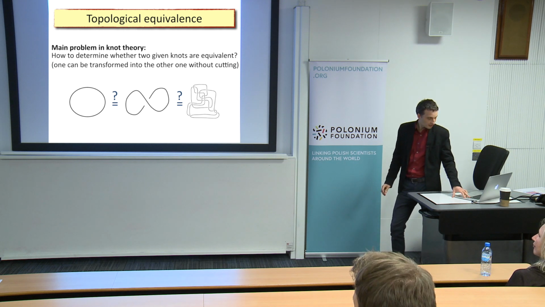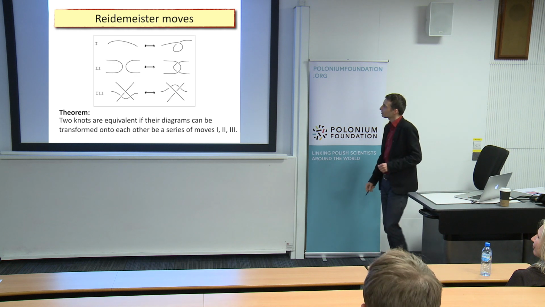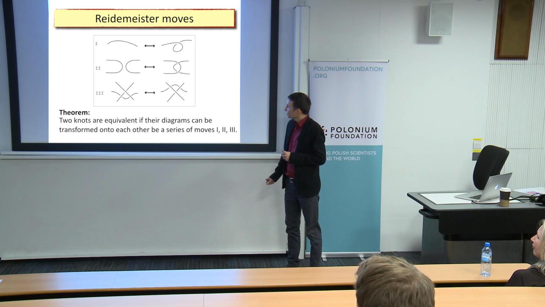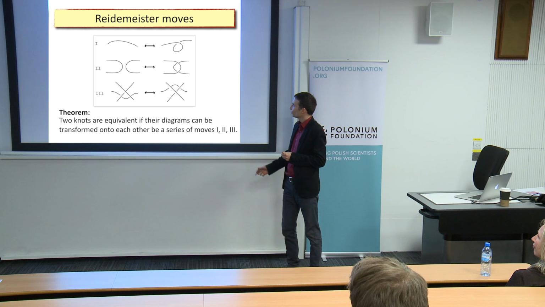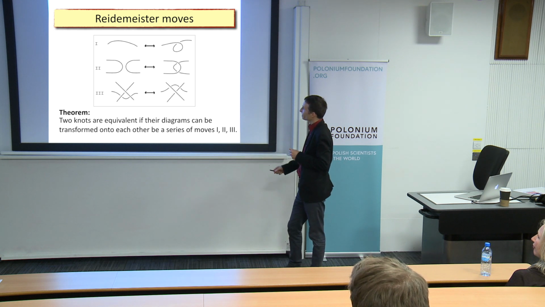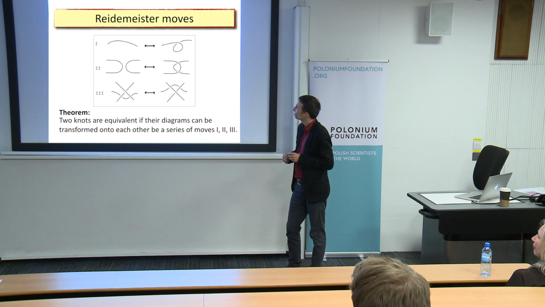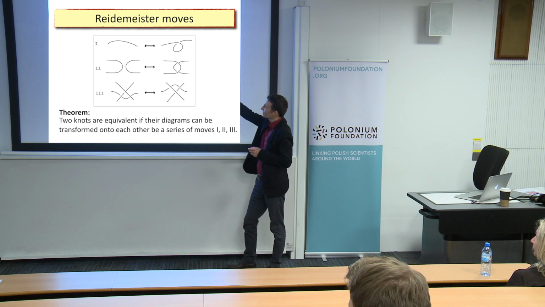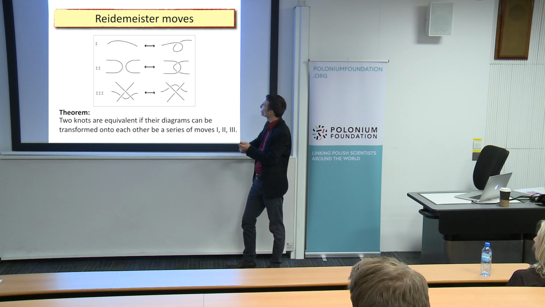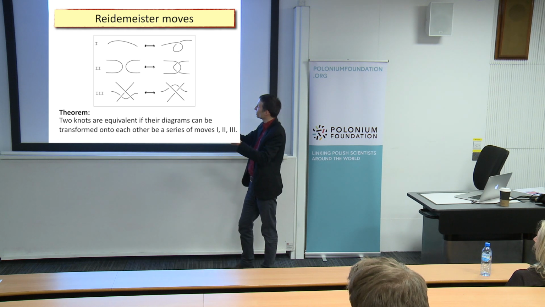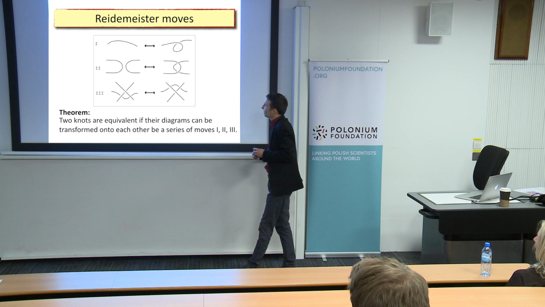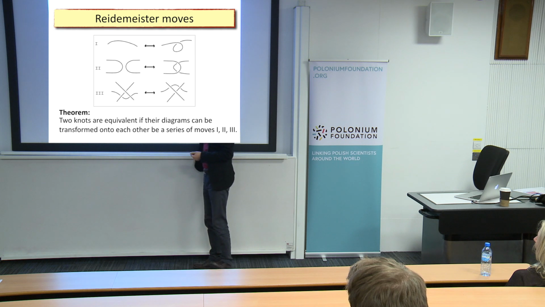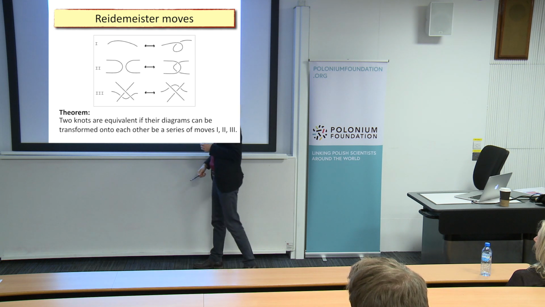So there are several theorems I will just state. One of them is that you can state whether two knots are equivalent if you can transform one into the other by a sequence of just three elementary moves, which are called Reidemeister moves, which are those given here. So the first one is such that you take a piece of rope and just make one twist. That's kind of trivial. It operates just on a single strand. Another move is when you have two strands and you can move one over the other. And the third one involves three strands.